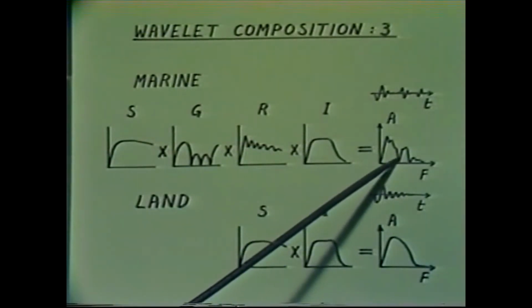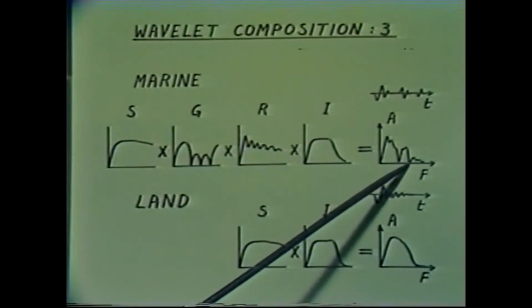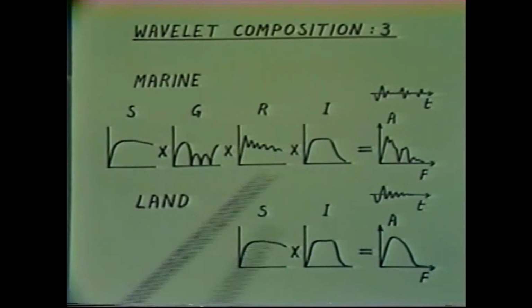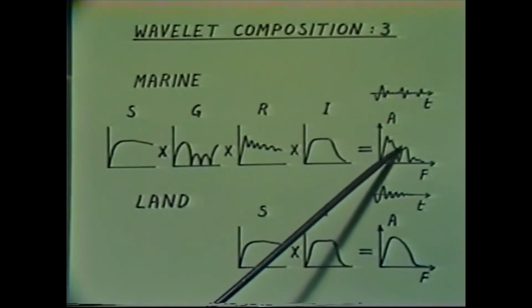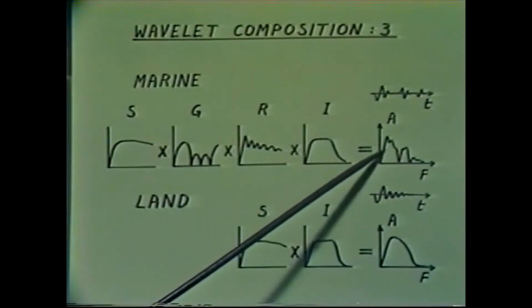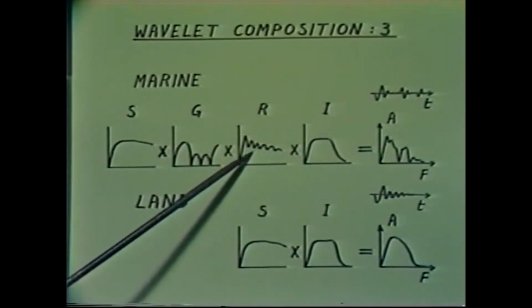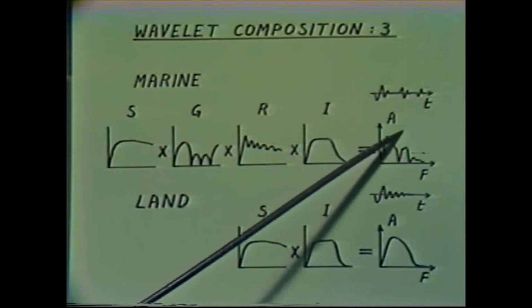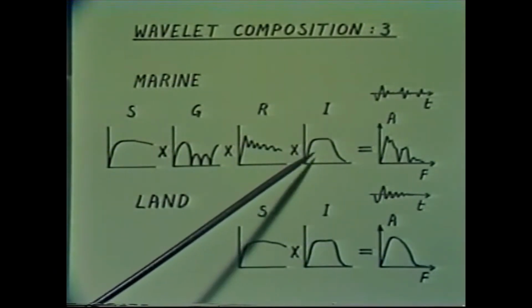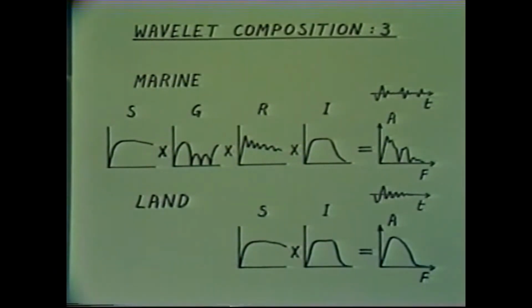It shows significant notches due to the ghost effect. It shows some minor fluctuations, could become quite large, due to the reverberation effect, and a sort of overall bandwidth mainly due to the instrument